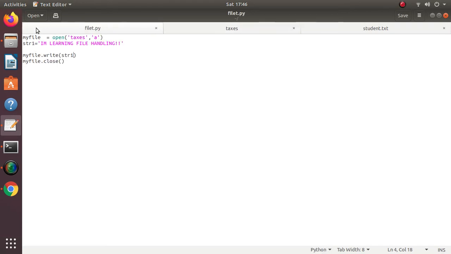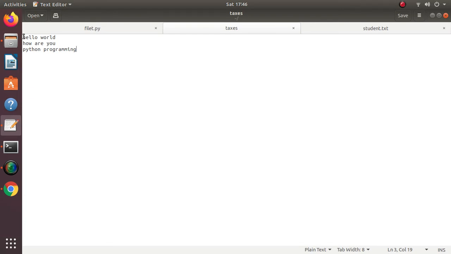When I open the file in append mode, automatically the file pointer is pointing at the last byte of this file. In case of W mode and R mode, that is write mode and read mode, the file pointer points at the very first byte of the file.